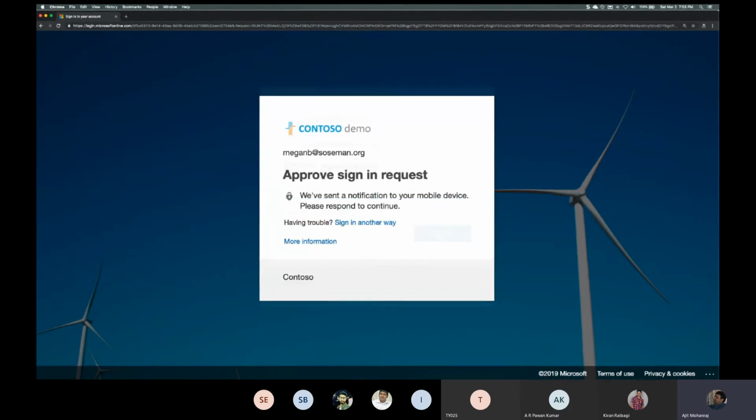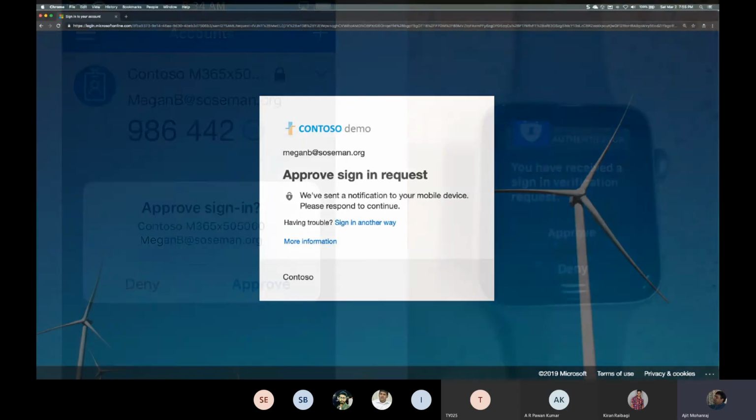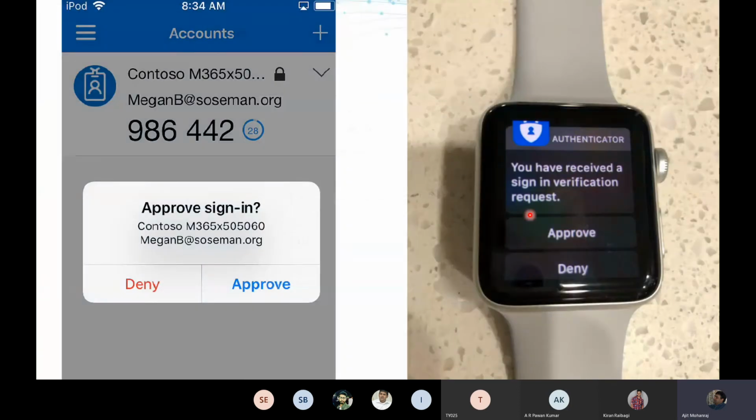I enter the password. And then I get a message saying that we've sent a notification to your mobile device, just like we have the bank OTPs, etc. But you're now implementing one in your own organization. So that's the Microsoft Authenticator app on the left, or it can be also done on your iPhone, iWatches and things, or SMS, even if it's an old style thing. So I just have to do a single tap, say approve or deny.